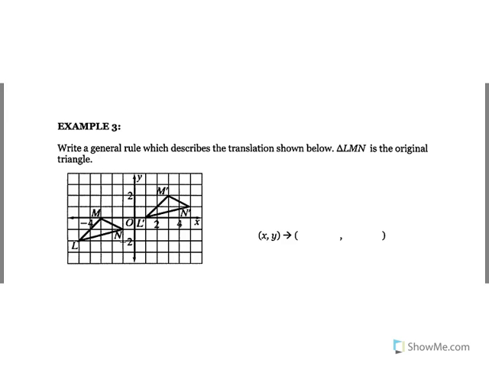Example 3 says, write a general rule which describes the translation shown below. LMN is the original triangle. So in order to write this rule, you have to find the original M or one of the other original coordinates like L or N, and you have to count from the original to the new. Now from M to M prime, you're going to go up 2 and over 1, 2, 3, 4, 5, 6. So you're going to go right